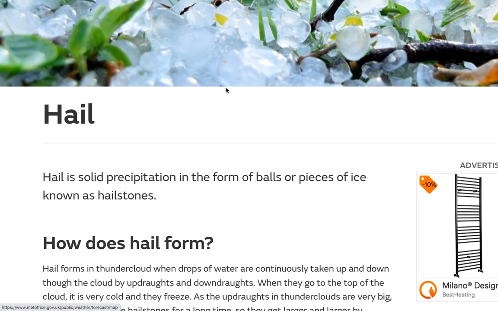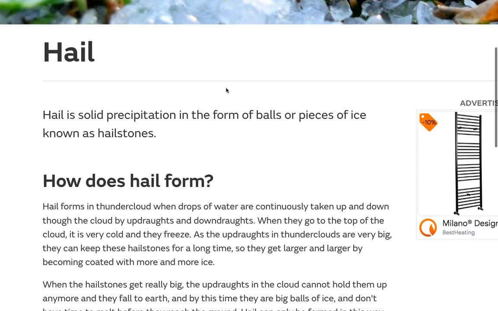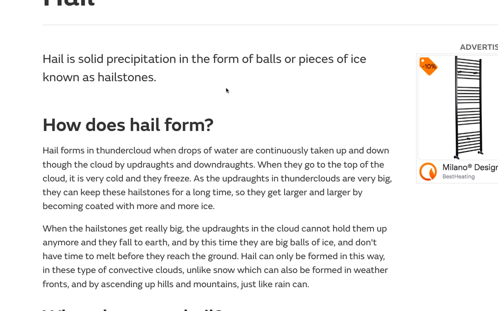Hail. Hail is solid precipitation in the form of balls and pieces of ice known as hailstones. How does hail form? Hail forms in a thundercloud when drops of water are continuously taken up and down through the cloud by updrafts and downdrafts. When they go to the top of the cloud, it is very cold